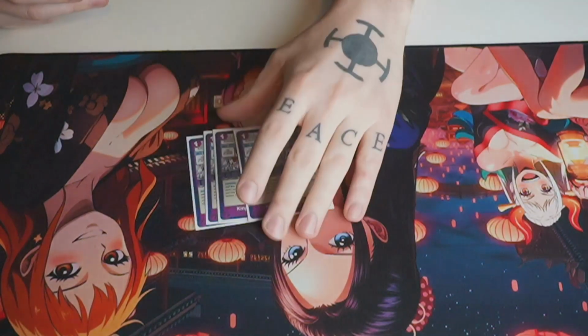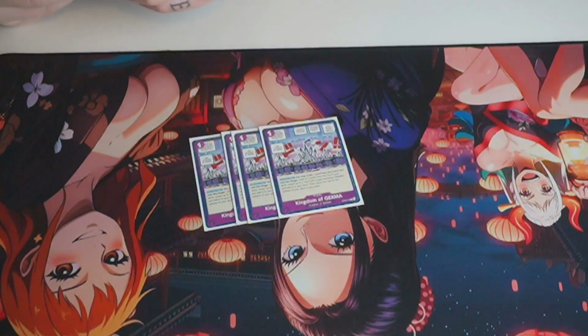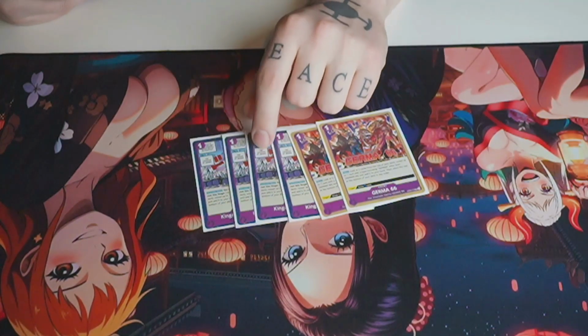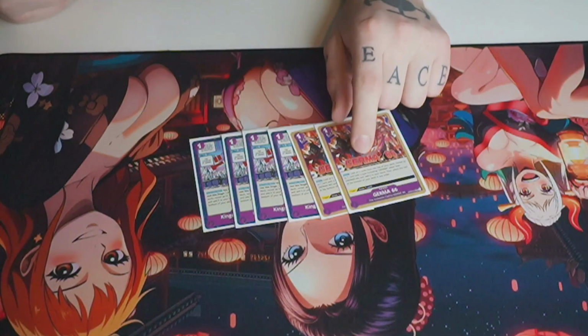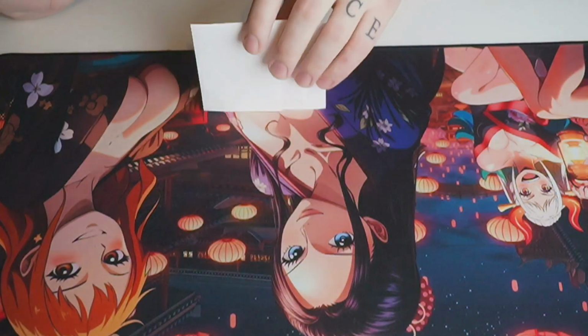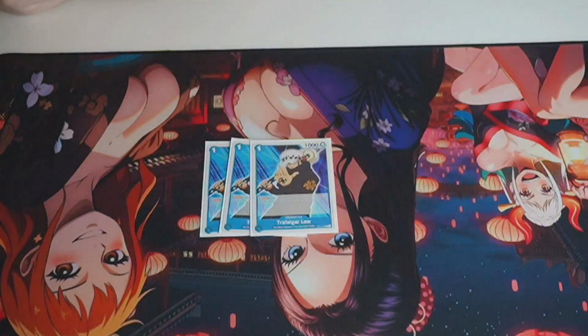Then we're playing 4 of the stage cards. We're playing only 2 of the Germa 66 to basically find the stage card, because the stage is really important. The thing is, we can't play 4 of these because we just don't have a lot of room, so that's why I'm only playing 2 of those. And then we're playing 3 Laws. The reason we're playing 3 Laws is because, like I said, we don't have a lot of Dawn to work with,